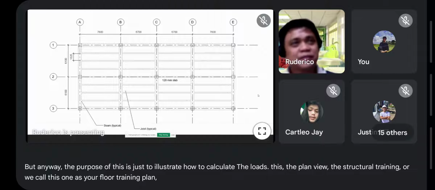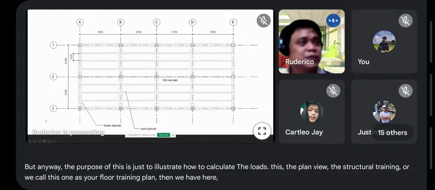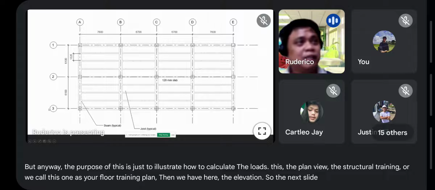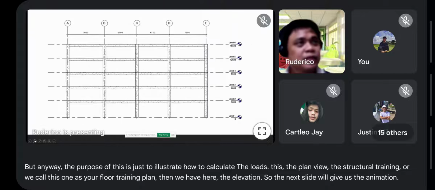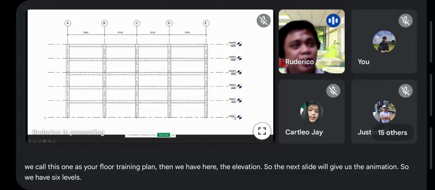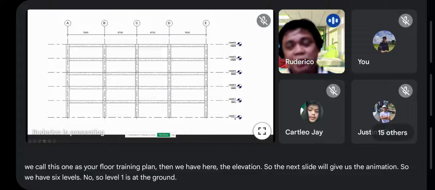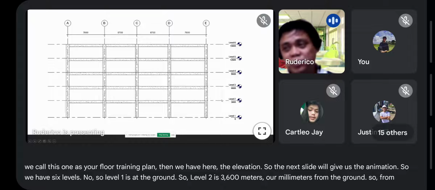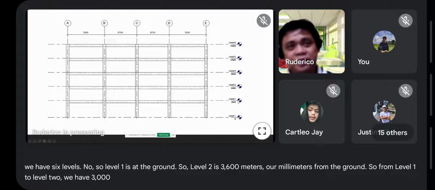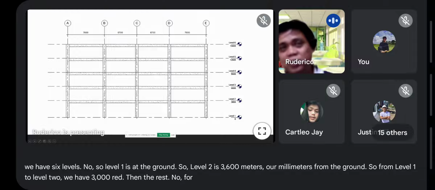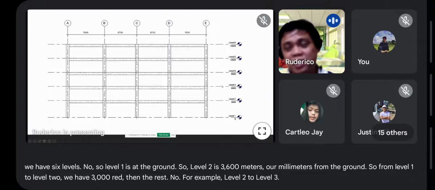Then we have here the elevation. The next slide will give us the elevation. So we have 6 levels. Level 1 is at the ground. Level 2 is 3,600 millimeters from the ground. So from level 1 to level 2, we have 3,600. Then the rest, for example level 2 to level 3, we have a 3,000 millimeter